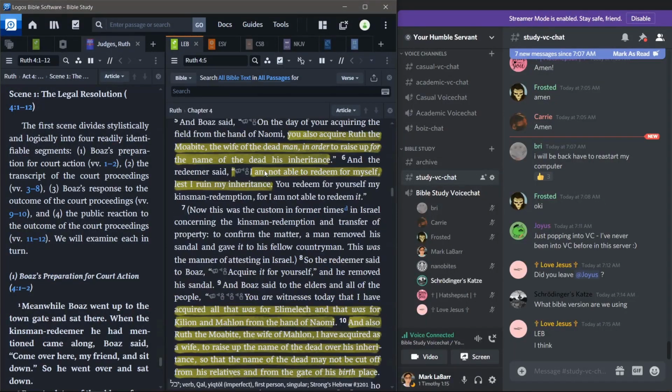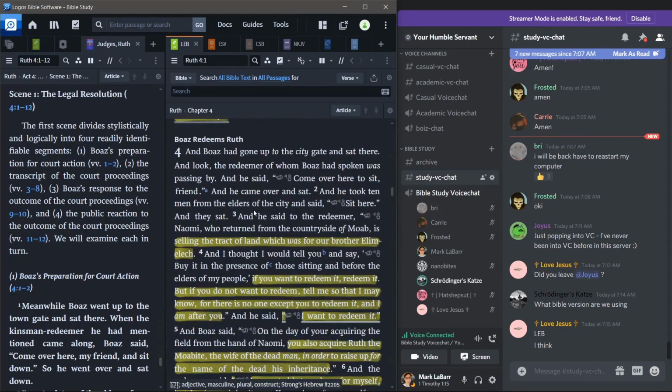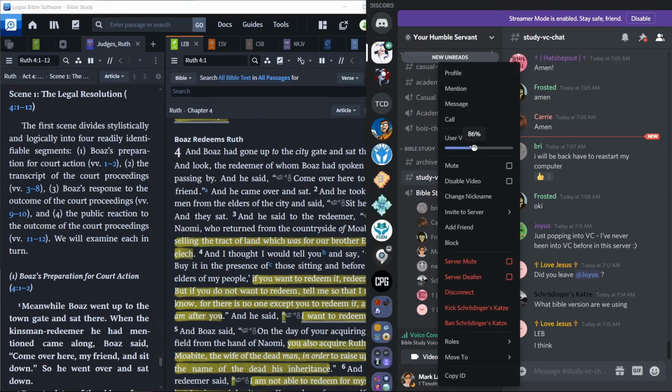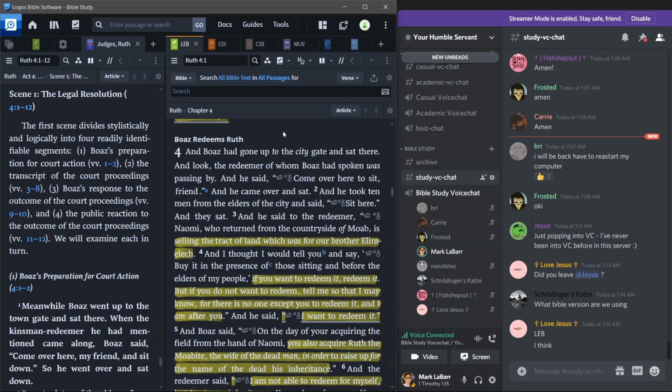How do I sound right now? Pretty good. Alright. Like, there's no static or not much static? Not much. Okay, then I'll go ahead and read. You said we're using the LEB version? Yep, but you can use whatever version you want. Well, it's easier for my brain to comprehend what's going on when I'm in sync. Gotcha. So anyways,